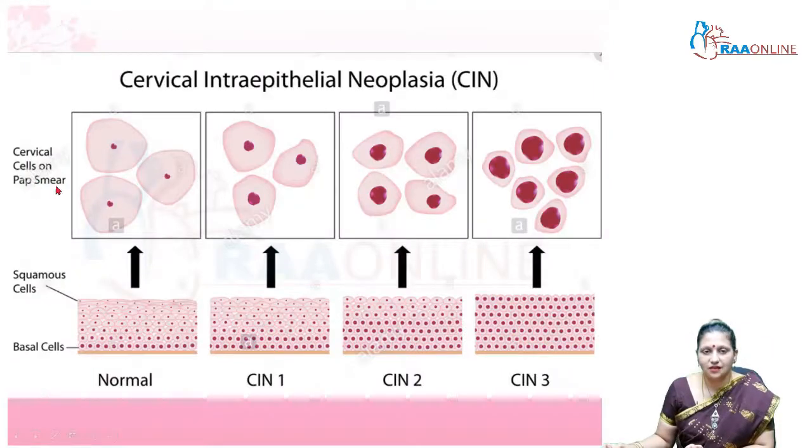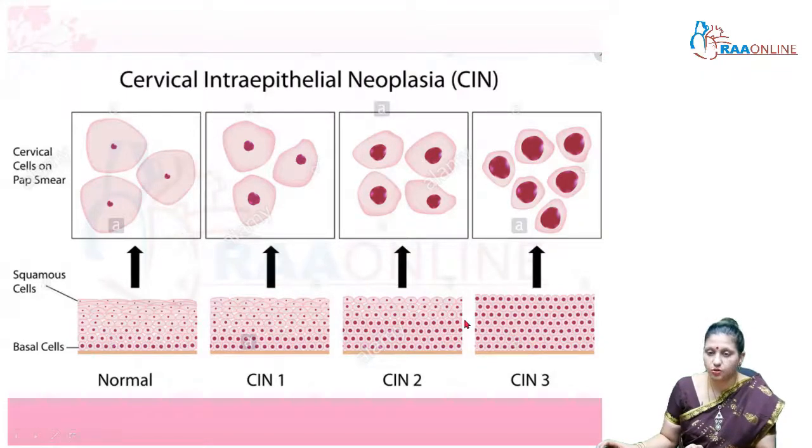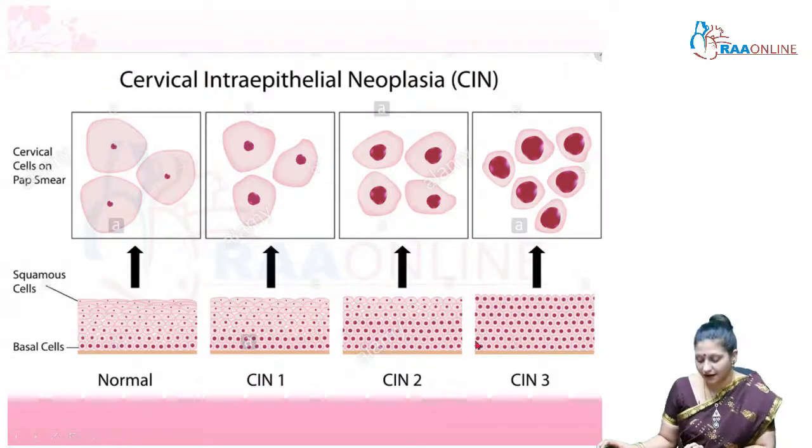Now, this is how the cervical cells look on a pap smear, and this is the normal basement membrane, the normal arrangement of cells. So, reserve cells have bigger nuclei, and as the cells grow towards the superficial part of the epithelium, they become more flat, and their nucleus shrinks in size. And in CIN1, these dysplastic cells are in the lower 1/3 of the epithelium. In CIN2, the dysplastic cells are in the lower 2/3, and in CIN3, the dysplastic cells are in the entire thickness of the cervical epithelium.